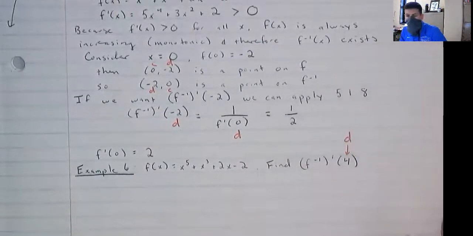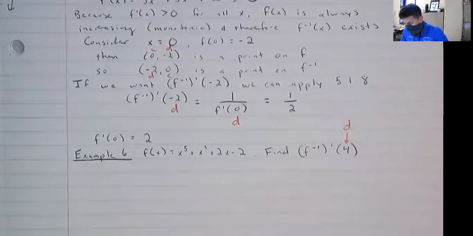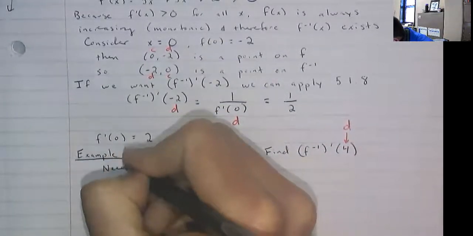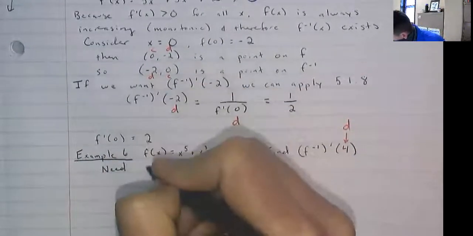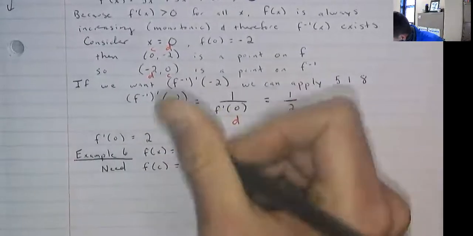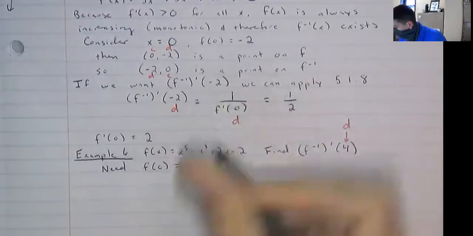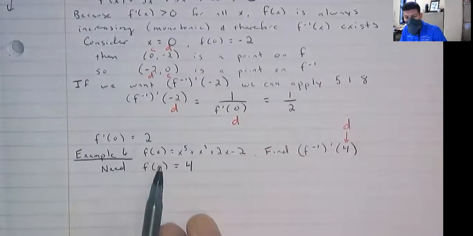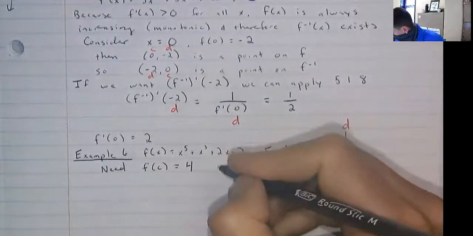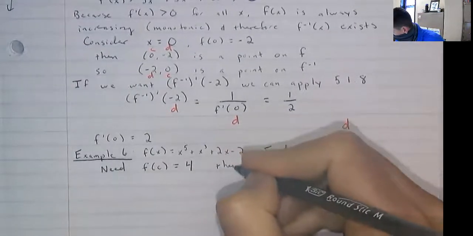We need to figure out when does f equal 4? Specifically, what value c generates a value of 4, because then theorem 5.1.8 opens the door for us